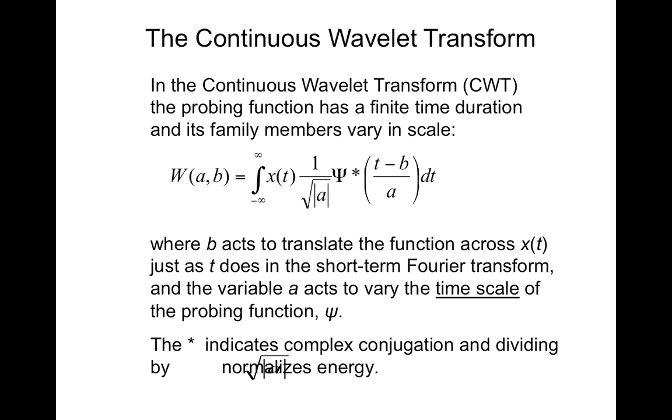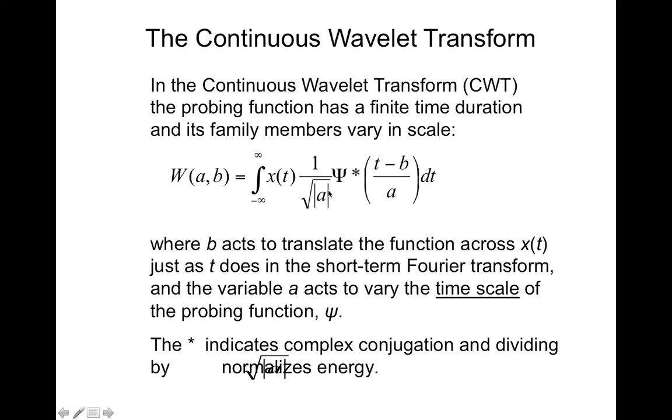So in the continuous wavelet transform, we write this in a very specific way. So W(a,b) is going to be our output. x(t) is our function of time. a is our scaling factor. So we have this function psi, which is the wavelet function itself. We take its complex conjugate,